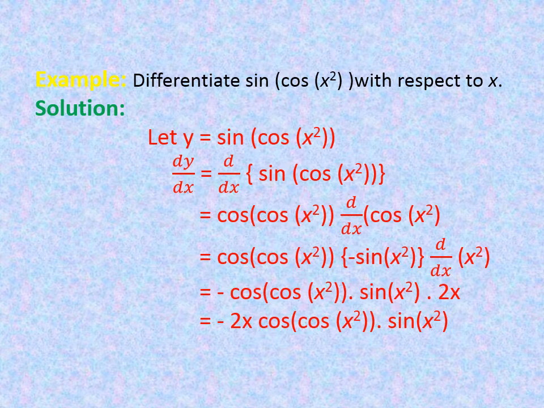So that is the chain rule. The definition was quite tricky, but when you solve a few examples for this, it is very simple. First, second, third, fourth, how many functions there are doesn't matter. Just differentiate each one and multiply. First was sine, so we took the differentiation of sine. Second is cos, so we took the differentiation of cos. Third is x square, so we take the differentiation of x square and multiply them all. Clear?